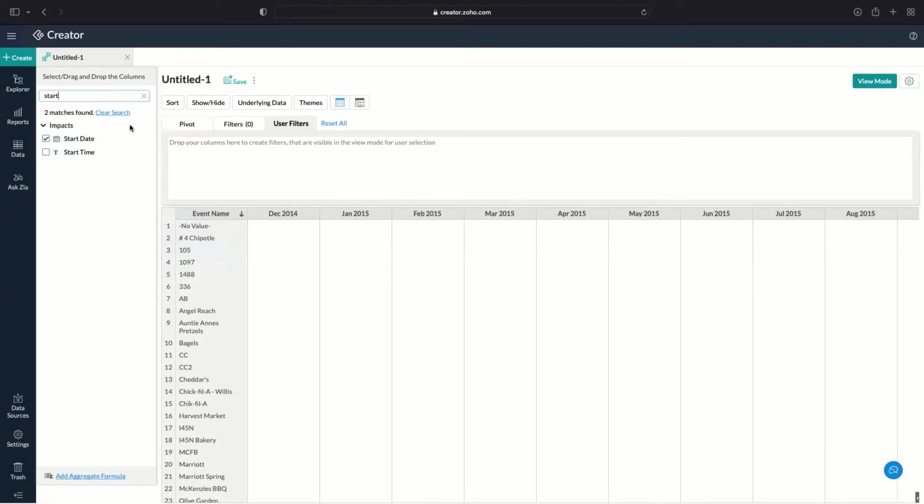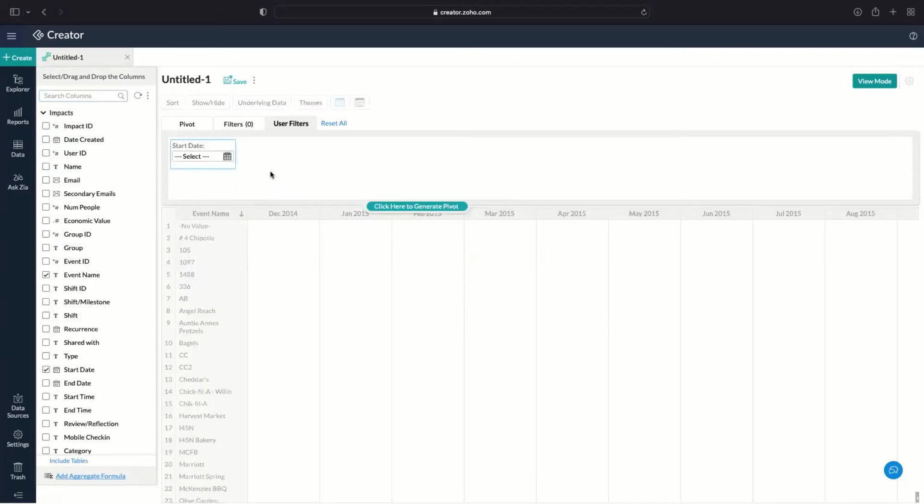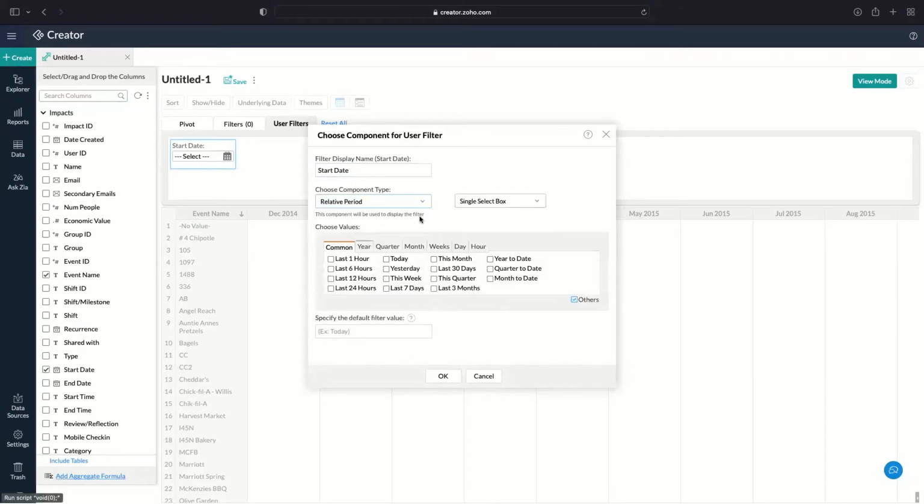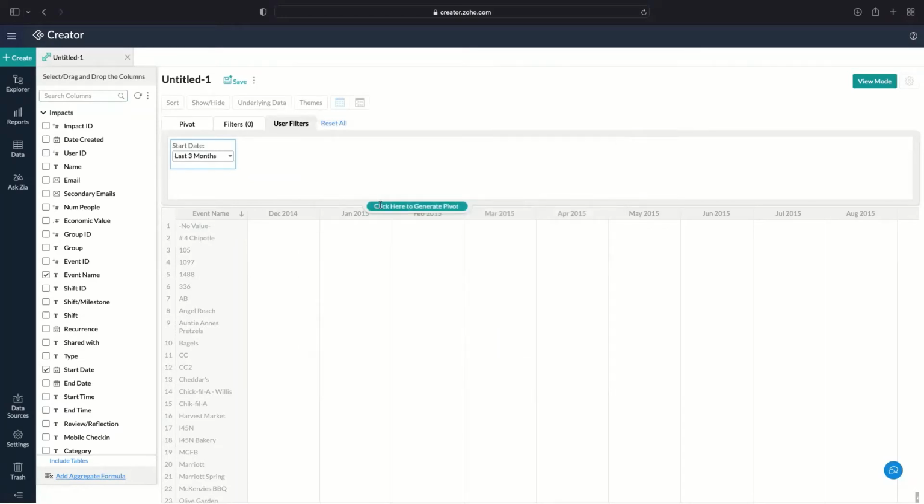So we're going to filter by start date. And then we're going to click this edit. So filter by start date, date range selector. We want to show relative periods because we want previous month, previous however long. So let's go ahead and do the previous 3 months. And whichever checkbox you've checked here, you're going to have to type into this field. So last 3 months, and it autofills for us. So we click OK. Now if we generate that report,